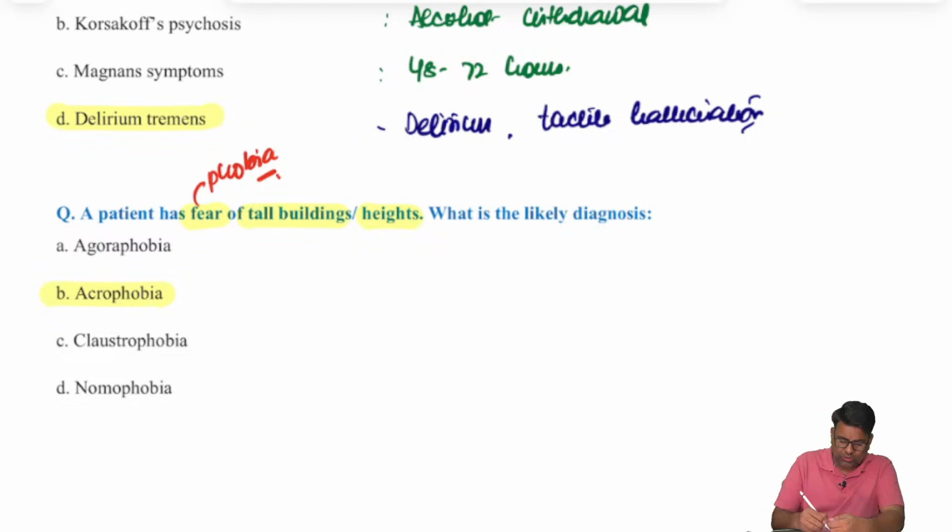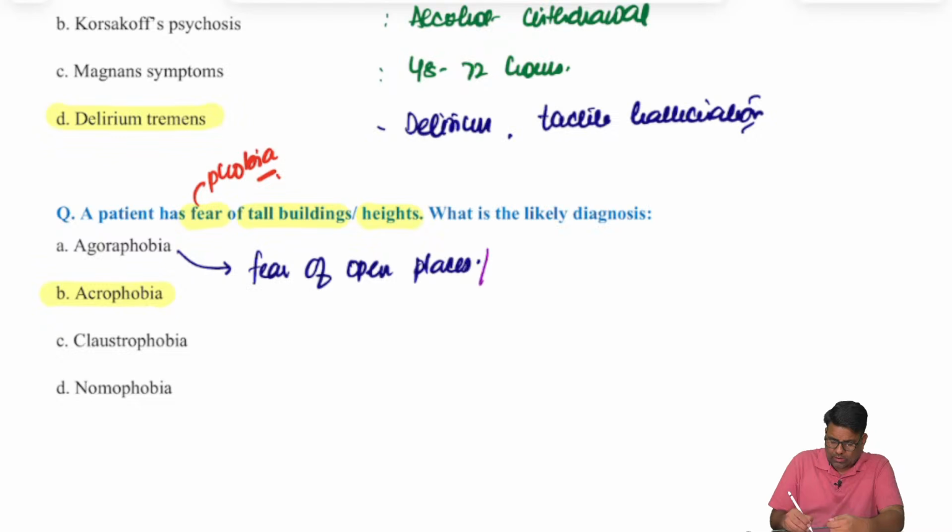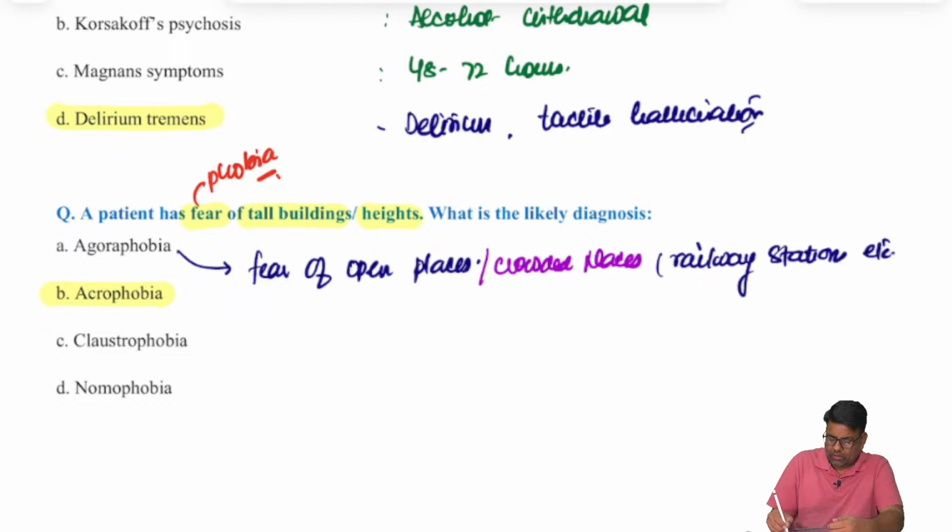One should not confuse it with agoraphobia, which is fear of open places or crowded places from where the escape is not easy. So acro should not be confused with agora, open places or crowded places like railway stations, etc. Clear? So agoraphobia